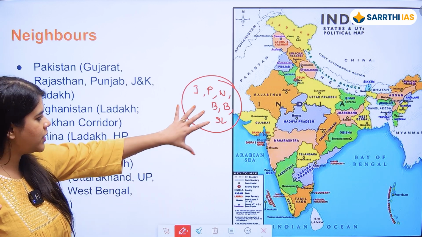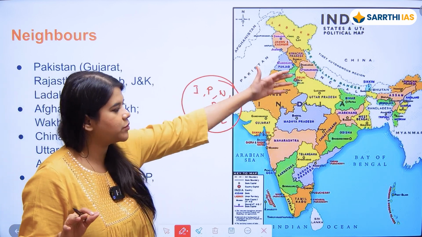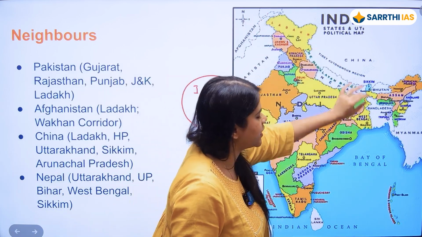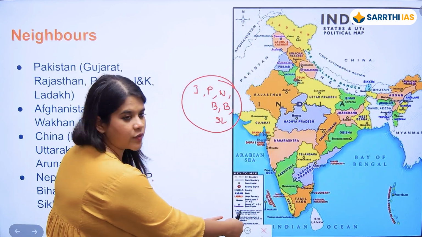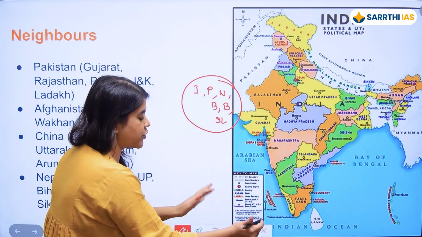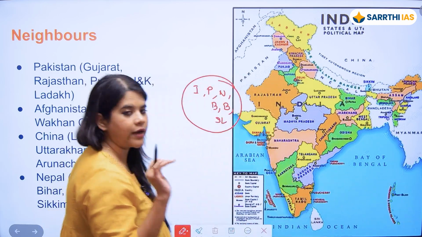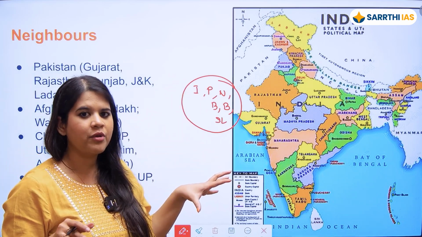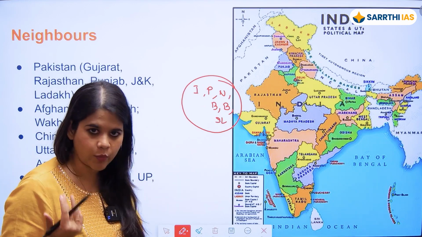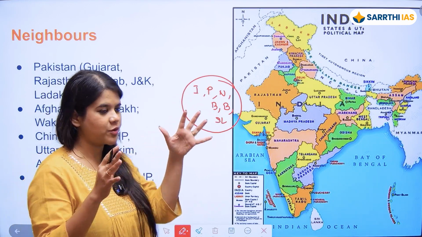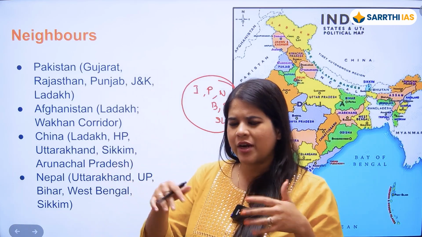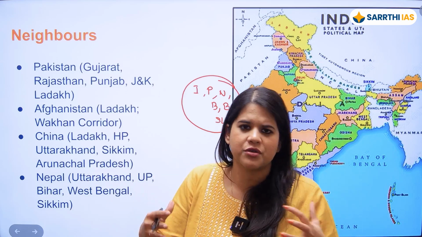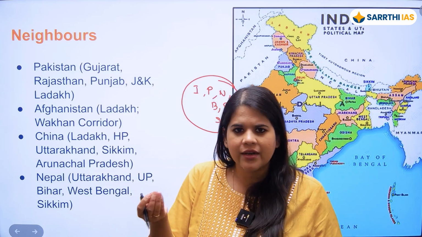All these 5 countries will be our neighboring countries. Apart from that, we have some other neighbors like Afghanistan, China, Myanmar, and over here we have maritime neighbors, that is Maldives as well as Indonesia. Why is this region called the Indian subcontinent? Because this was a part of the Indian subplate. All these countries were a part of the Indian subplate, separated from the rest of Asia by the mighty Himalayas. They have similar vegetation, similar climatic characteristics and so on.